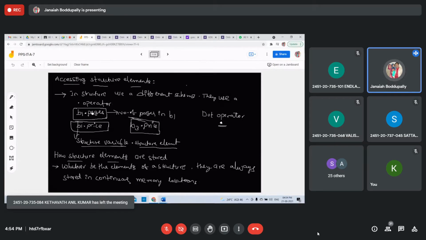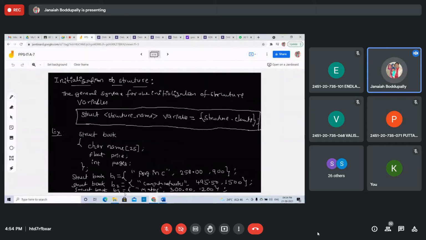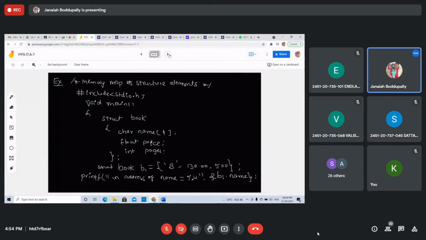B1 is the variable, dot, structure element. What is B1 dot pages? It is 900. B2 dot name is computer networks. B3 dot price, suppose, 300.00, like this. These are structure elements.